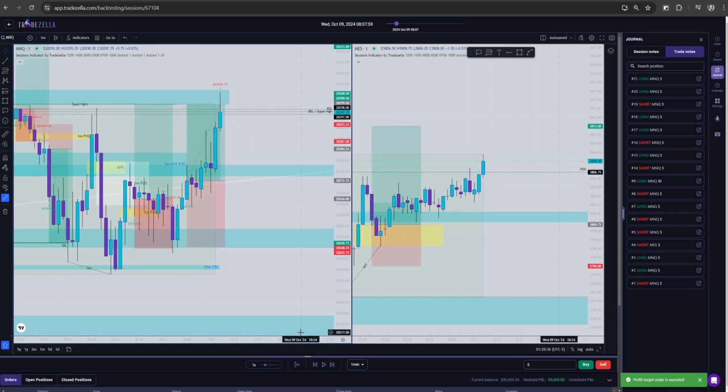Oh, there we go. Alright, so the issue with this one, my stop loss is not low enough. It's never low enough. Never. Which is the most frustrating thing. I always know I should always be below the previous swing, but